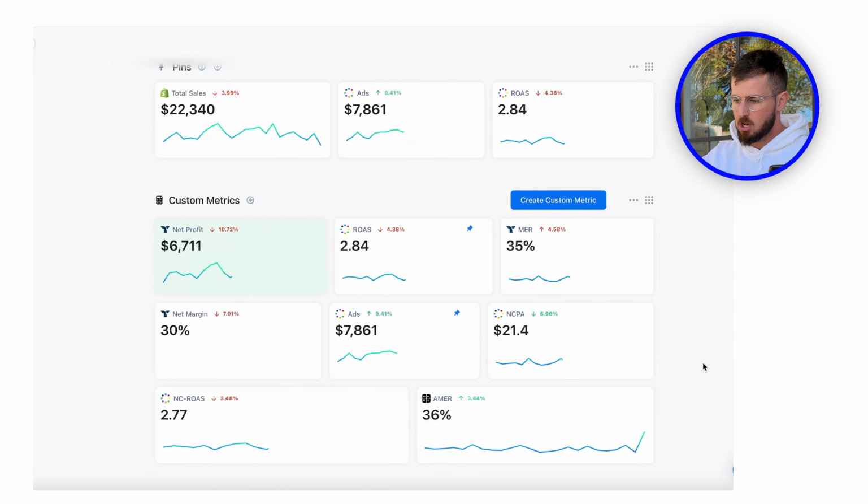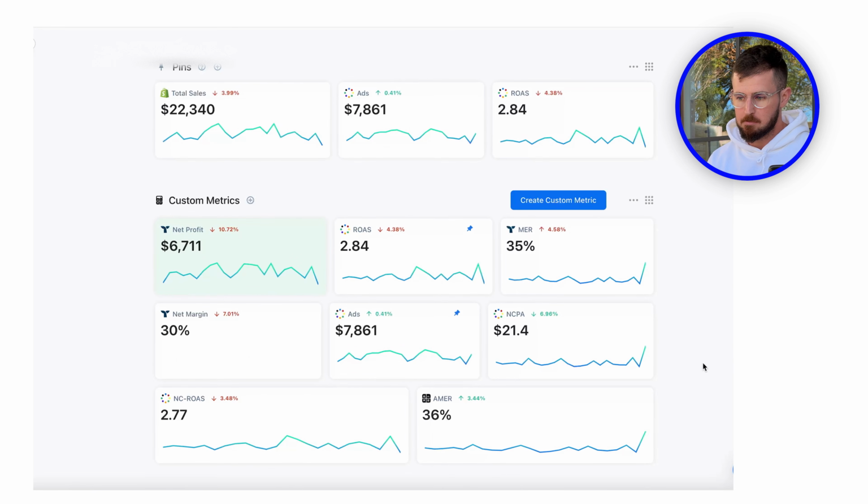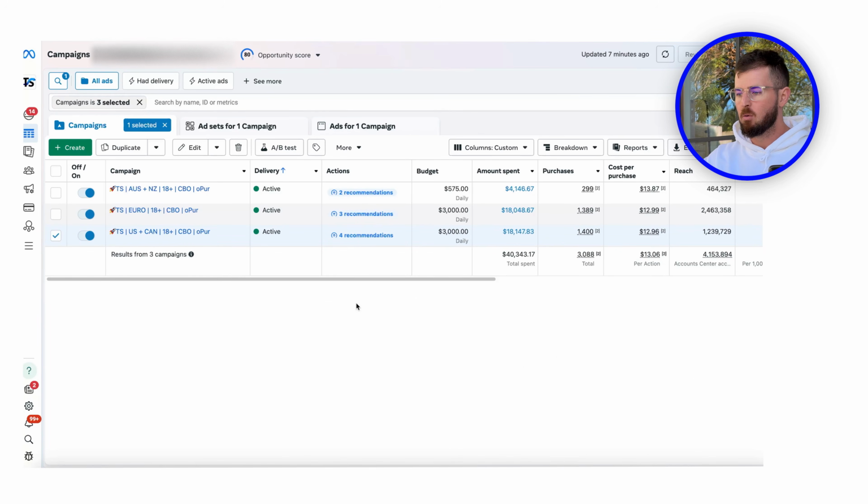Let's give it a second to load. We're at a $21 NCPA yesterday. I'll go in and increase budget by 20%. Now, this is where there are also some other factors. So I generally only do 1 campaign per account,